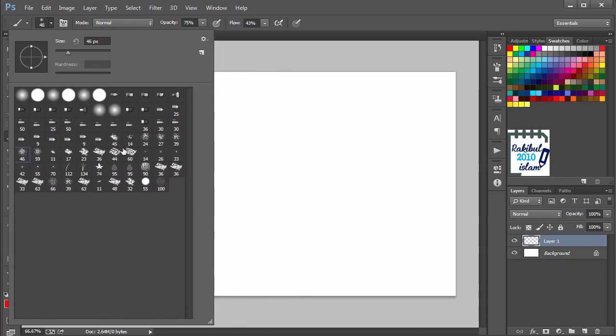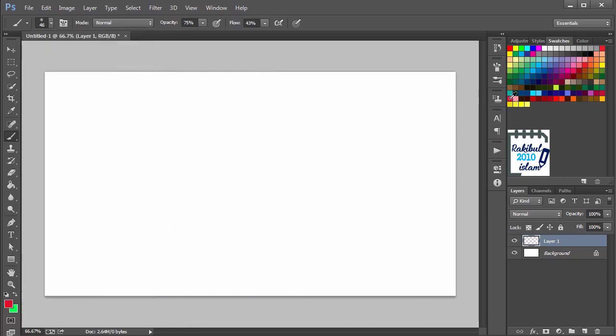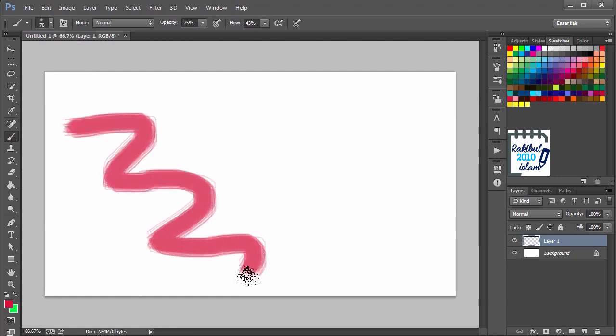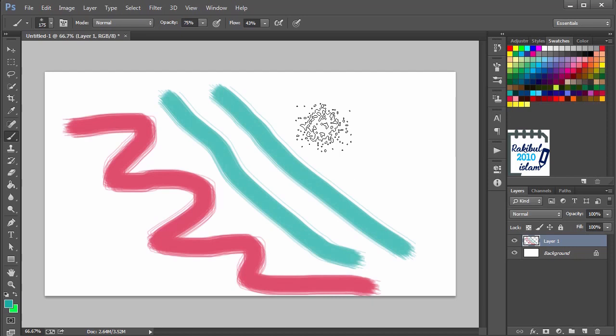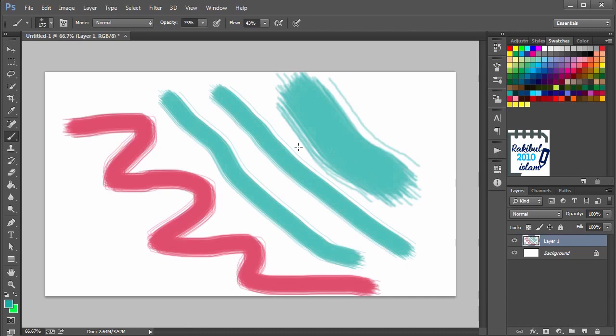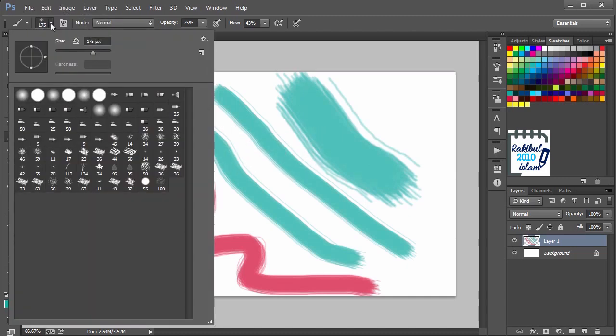You can select any of the brush tips, pick a color from here, and paint with it. Whenever you select a brush tip, you can see the brush tip preview, but if you have the caps lock on, then you see this. So don't get confused with this one. You can do the same thing with it, but when the caps lock is off, then you can see the brush tip. So let's go here again.